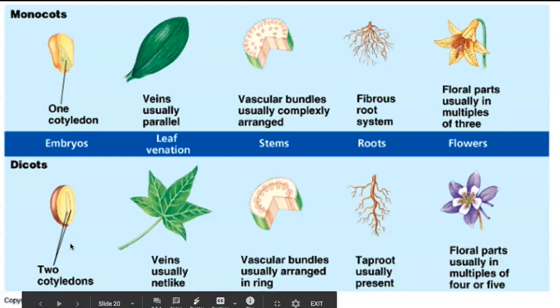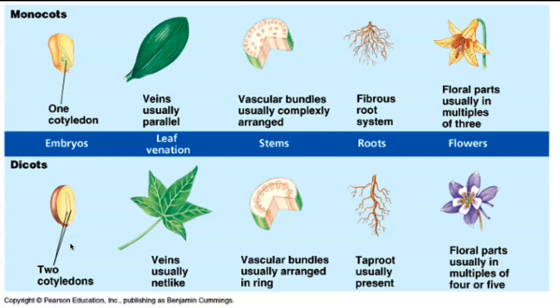Now, let's say you're outside looking at a plant, which you should be, and you have to figure out if it's a monocot or a dicot. Let's assume you've already gone through all the other steps. You figured out, yes, it is a vascular plant because 1, it's standing on its own, 2, I can see veins, and 3, it's super tall. All right. So we've already gone through that. We figured out it's a vascular plant. Let's assume that you figured out that it wasn't a fern or a horsetail or something like that, and you know that somehow it's going to have a flower. So how else can we figure it out?